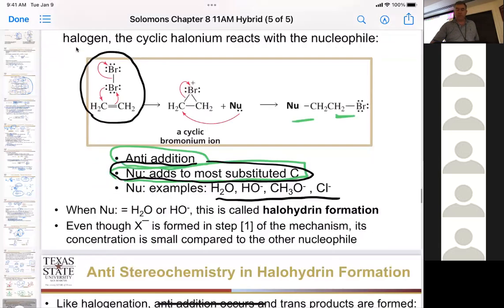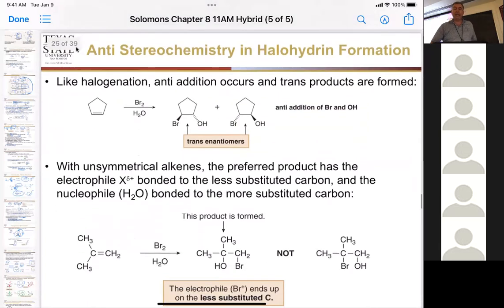Okay, so we have a name for this reaction. It's called the halohydrin reaction. It's where you add a halogen to it, and then you add water to it. And so what you end up with is a halogen on one carbon and an alcohol on the other. So what that looks like is you have bromine in water. Okay, so water is a poor nucleophile, but you're using it as a solvent, so there's a whole bunch of it. Okay, and so when you do that, it'll form the